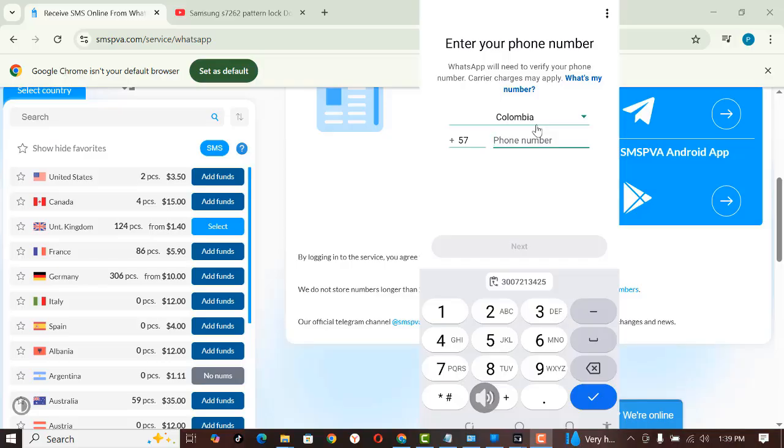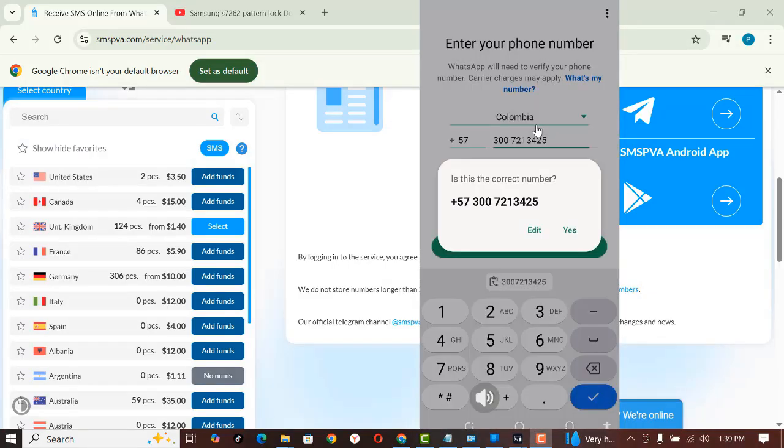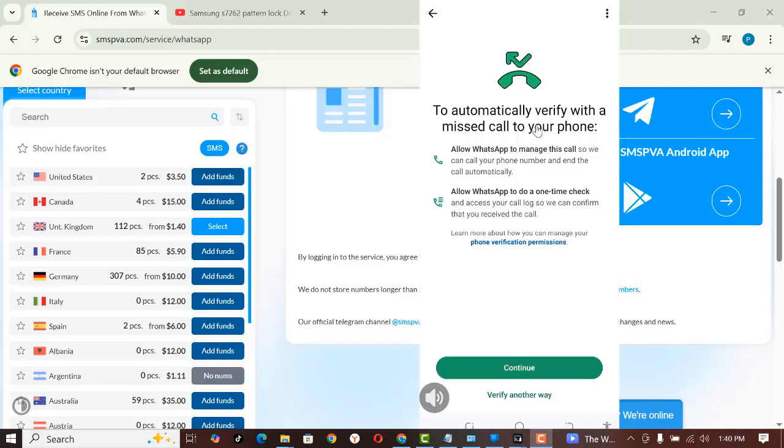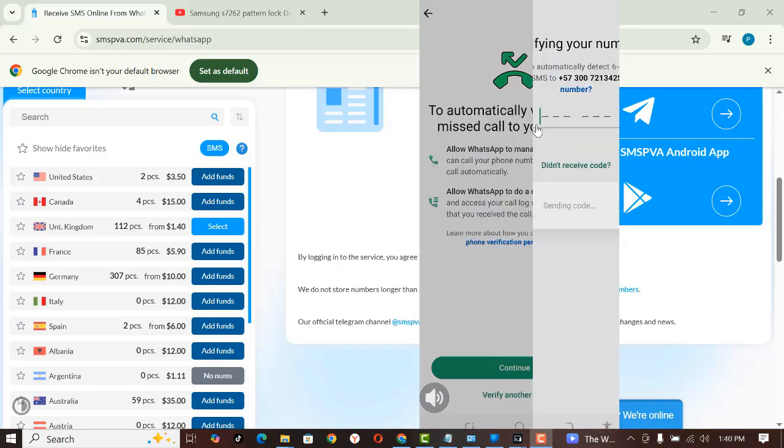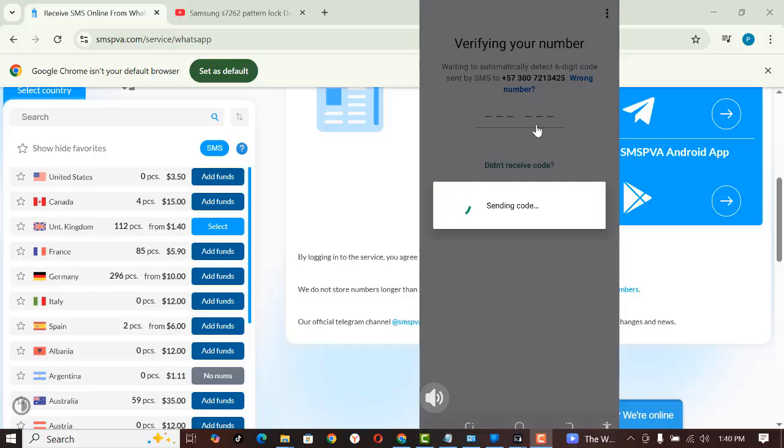Now you paste the phone number that you just bought, then you click on next. Okay, then you click next to receive your OTP. Just click yes. So you select verify another way. All right, you click verify another way and then select receive SMS. Okay, so once you select that, you have to click on continue and then you wait for the OTP to